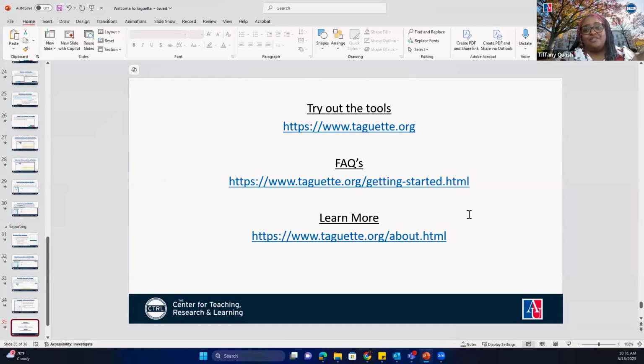I try to tell people to definitely go open source, use this as a beginner tool, or not even just a beginner tool, a tool that you may want to use in your classes. There is a FAQ page for Taguette, and definitely learn more about Taguette by going to this site right here. Okay, and I'll send all these files, this particular PowerPoint, to everybody so you can go back to it.